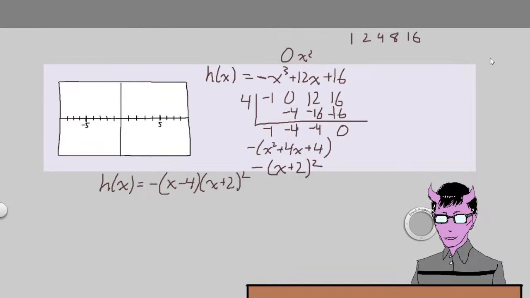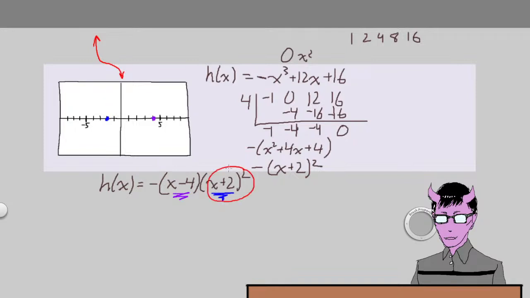There it is. Okay. Let's get to graphing. First zero, we have x is -2. Second zero, we have x is equal to positive 4. Again, we already noted that the graph, because it's cubic but with a negative coefficient, starts up and goes down like this. So from this one,